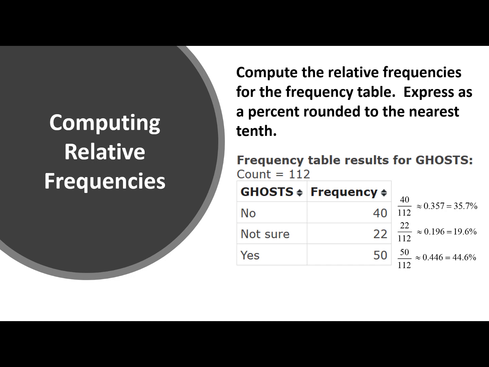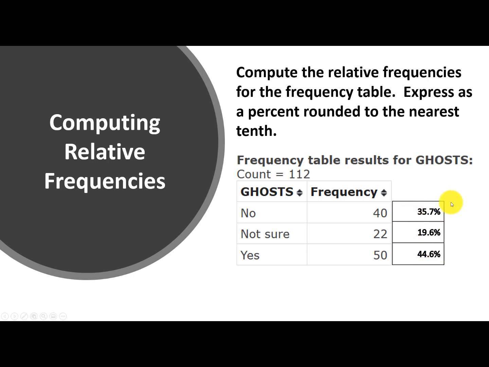Now, once we start using raw data in StatCrunch, StatCrunch will compute both the frequency and the relative frequency for us. It's a good idea to be able to take a frequency table and change it to a relative frequency table, because there are times that we may not have the raw data. So this would be our relative